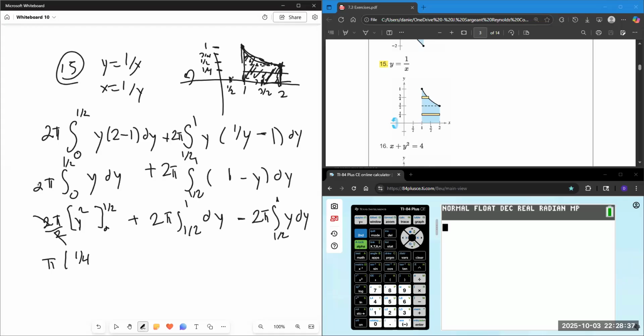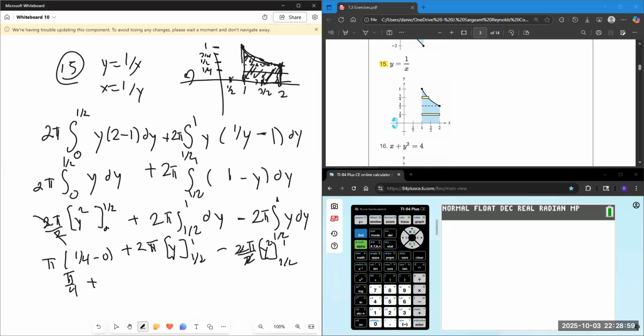1/4 minus 0 plus 2 pi y, 1/2 to 1, minus 2 pi y squared over 2. The 2's will cancel, 1/2 to 1. That's pi over 4 plus 2 pi times 1 minus 1/2. It's 1/2 times 2 becomes a 1, minus pi times 1 minus